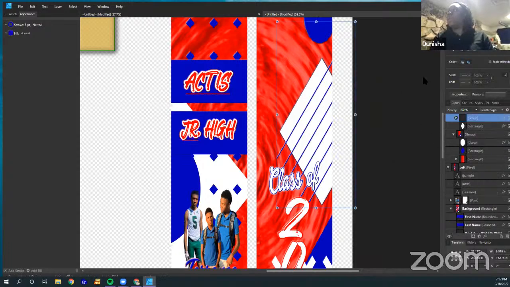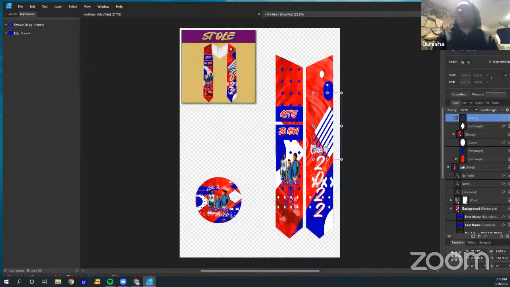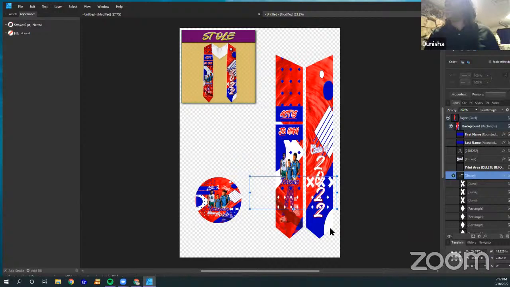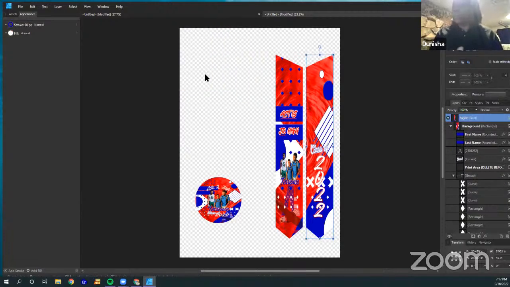But let me go back and adjust this stroke because I needed these to be thicker. That's what I was doing before I accidentally hit that tab. All right. And now I made it too thick. Let's go with 10. 10 is good. Okay, there we go. Let me grab these. Move that over a little bit. And it is set. So let's delete this out because I don't need it anymore.